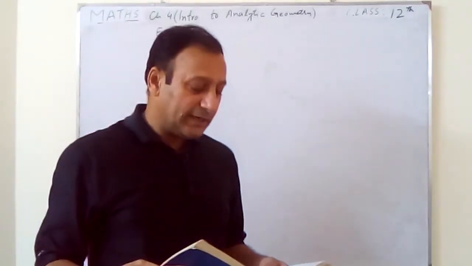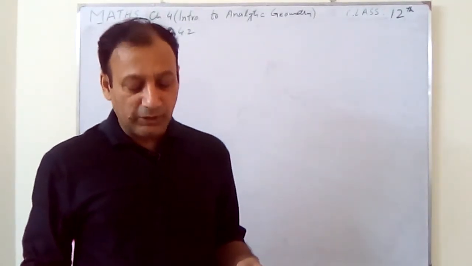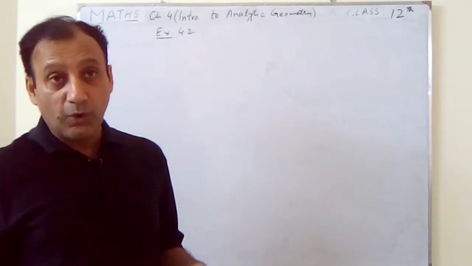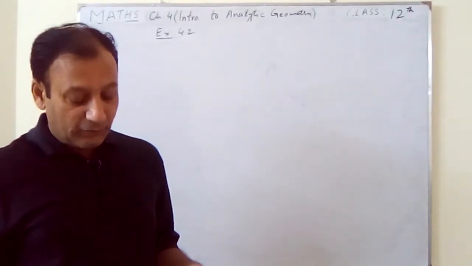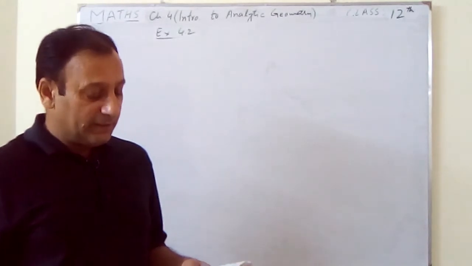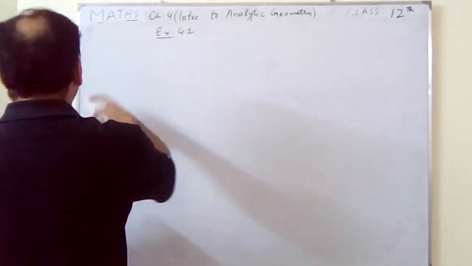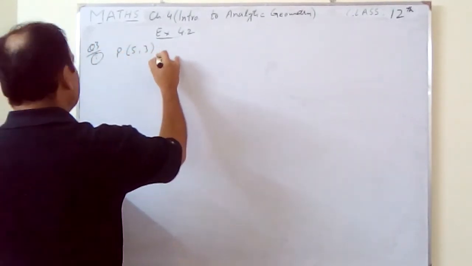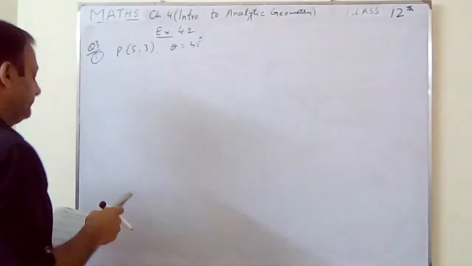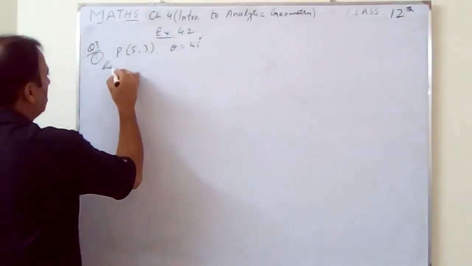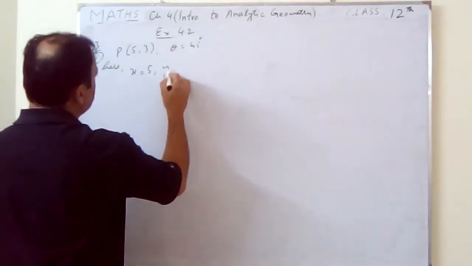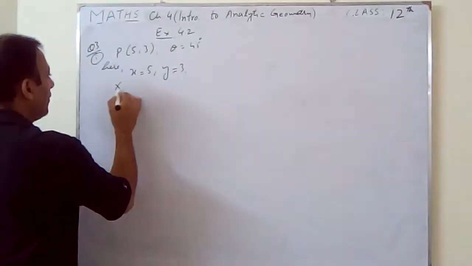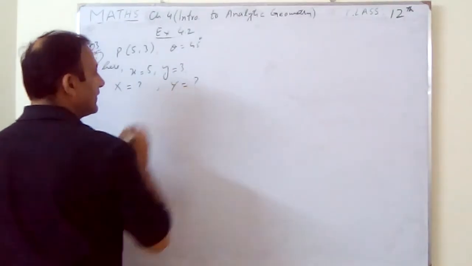The small xy coordinate axes are rotated about the origin through the indicated angle. Angles are given. The new axes are capital OX and capital OY. Find the capital XY coordinates of the point P given. So here the point is (5, 3) and theta is equal to 45 degrees. Small x, small y are given, and theta is also given, and we have to find capital X, capital Y.